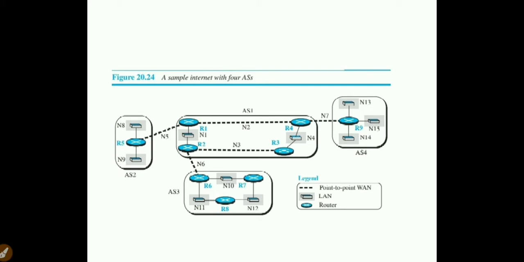In the same way, the network link N7 establishes an eBGP link between the border routers R4 and R9. Again, one more eBGP link is there in this scenario. R2 and R6 border routers are connected via N6. There we are implementing eBGP. Is this clear?